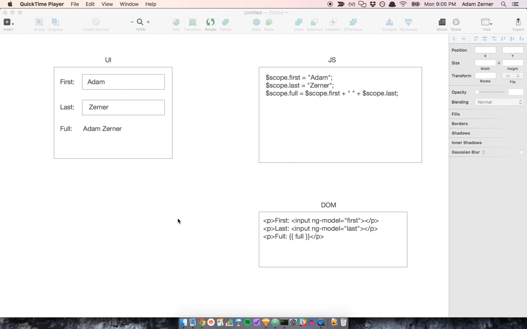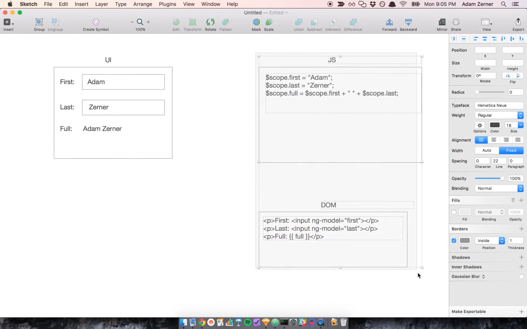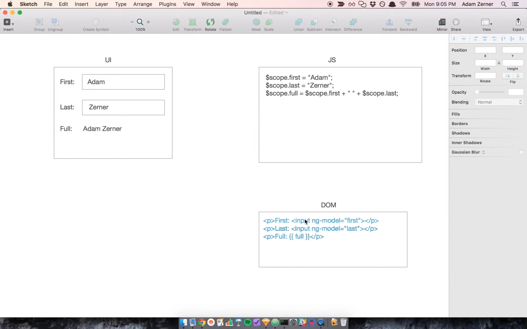In this video, I want to explain how Angular does data binding. And to explain it, I set up this simple example. So in this example, we've got an input field for first name, one for last name, and a paragraph for the full name. And the only code that we had to write is over here,